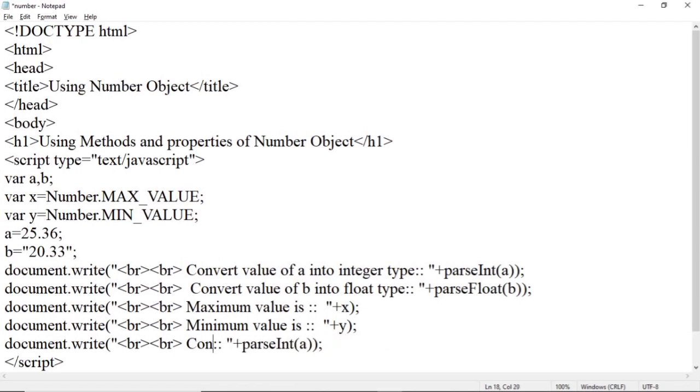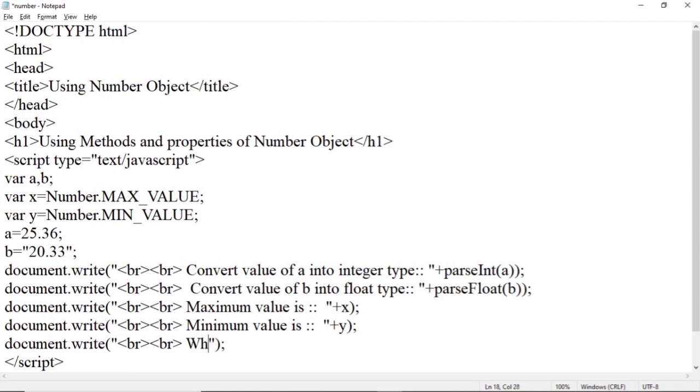See here b contains a value of string type, so b is a string type variable. If we want to check whether variable b is an integer or not, we can use the isInteger method.